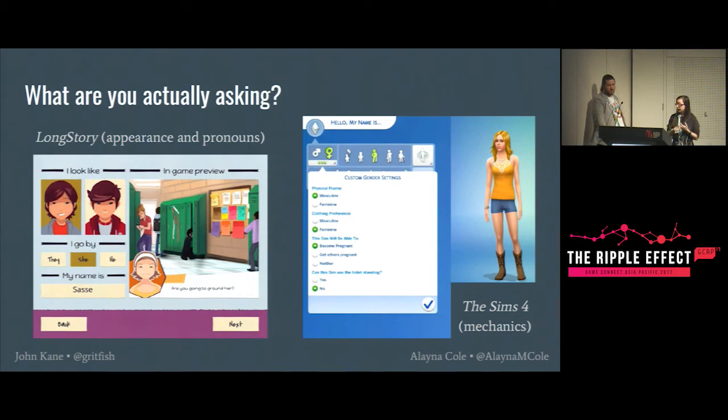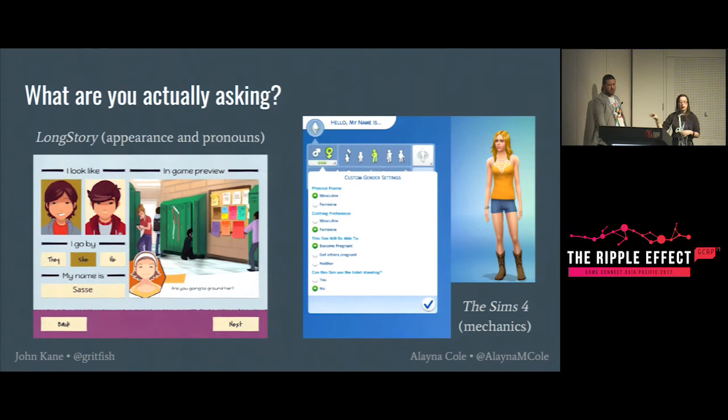And then it says, will this sim be able to become pregnant, get others pregnant, or neither? Because that's a mechanic in game and they want to know what to assign your character. And then it says, does your sim use the toilet standing? Yes or no? You can just go through and make whatever selections you want.